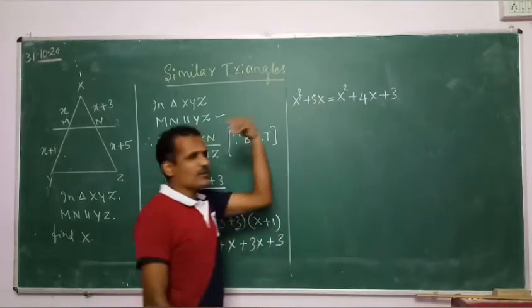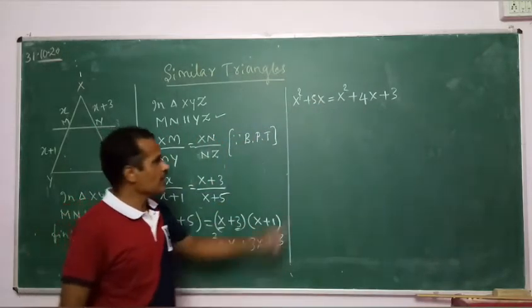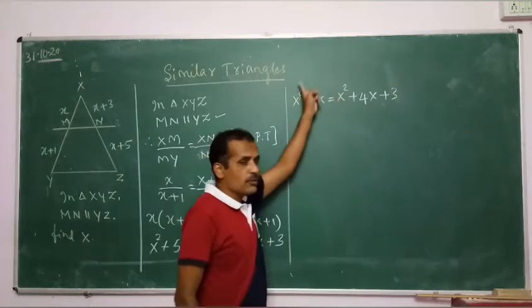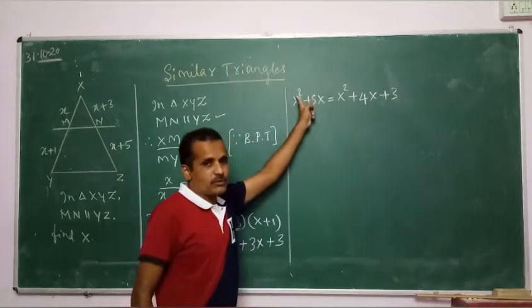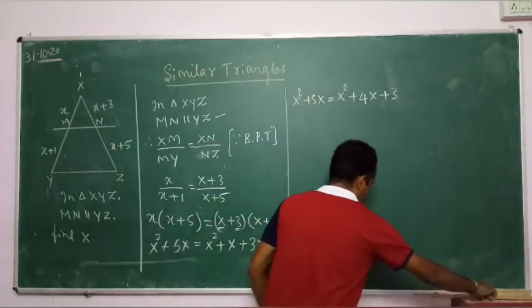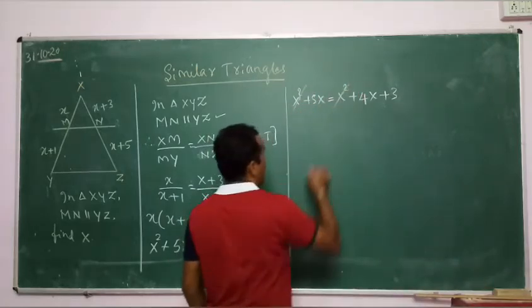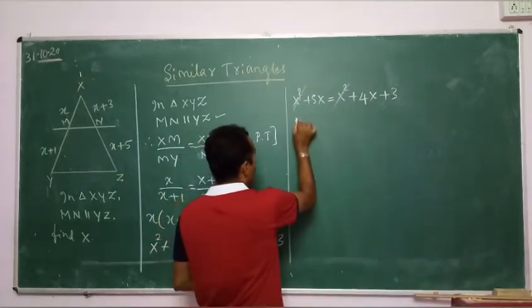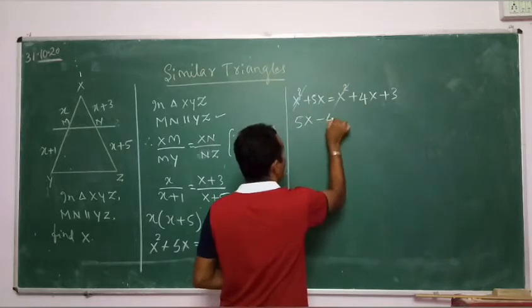दोनों तरफ से x square को कैंसिल कर सकते हैं. I can cancel it, क्योंकि अगर यहाँ से मैं इसको यहाँ लेकर भी आता हूँ तो x square minus x square हो जाता है, and I can cancel that. This x square gets cancelled. क्या बचा? 5x minus 4x